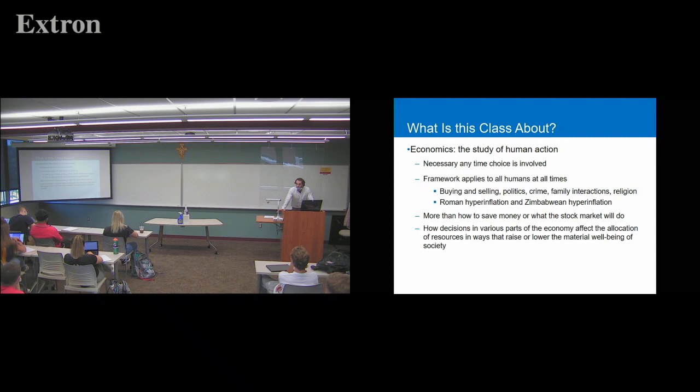We talk about crime, about how incentives face crime. So for instance, if you're more likely to get caught by the cops, are you going to be more or less likely to commit a crime? You'll be less likely because there's a greater chance of you being apprehended, so there's a greater cost associated with it. You can use it for family interactions. George Stigler did that back in like the 60s or 70s. Religion, there's been a growing study of how religions actually compete against each other, just like firms, trying to get more adherence to the faith.